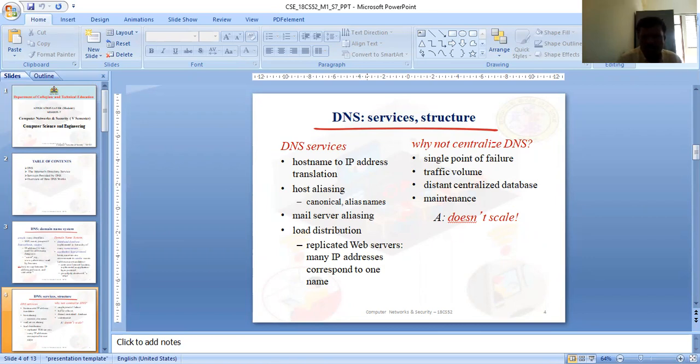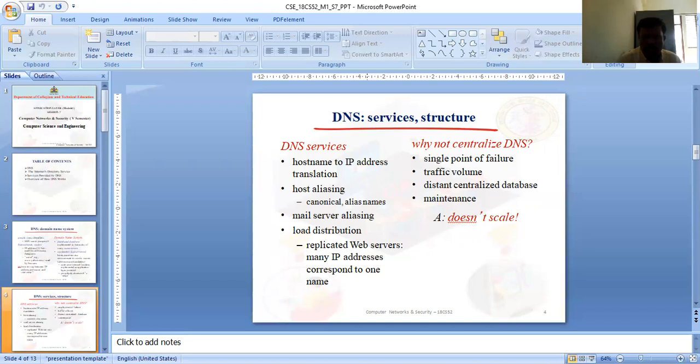Why not a centralized DNS? A centralized DNS would be a single point of failure, which is not sustainable, and the entire Domain Name System would collapse. That is the reason the hierarchy of domain names was introduced, to reduce the traffic volume and maintain a distributed database, so that maintenance is very easy. If a centralized database is maintained,